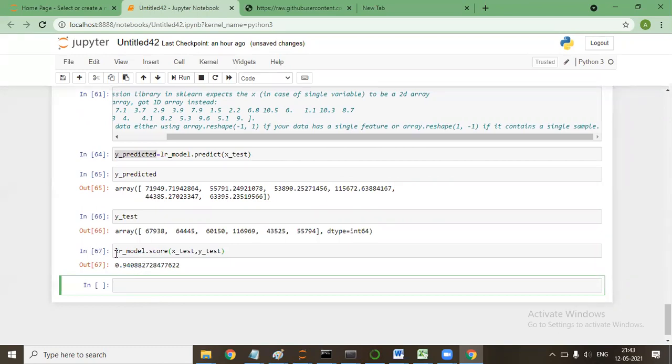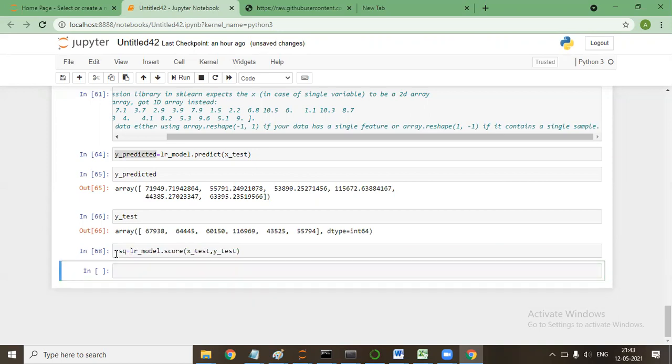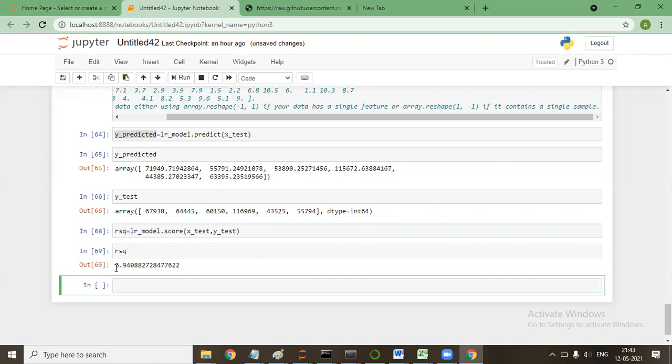This is nothing but the R square value. So the R square value is 94% here, right? Let me see. Yeah, 94%. So accuracy is 94% here.